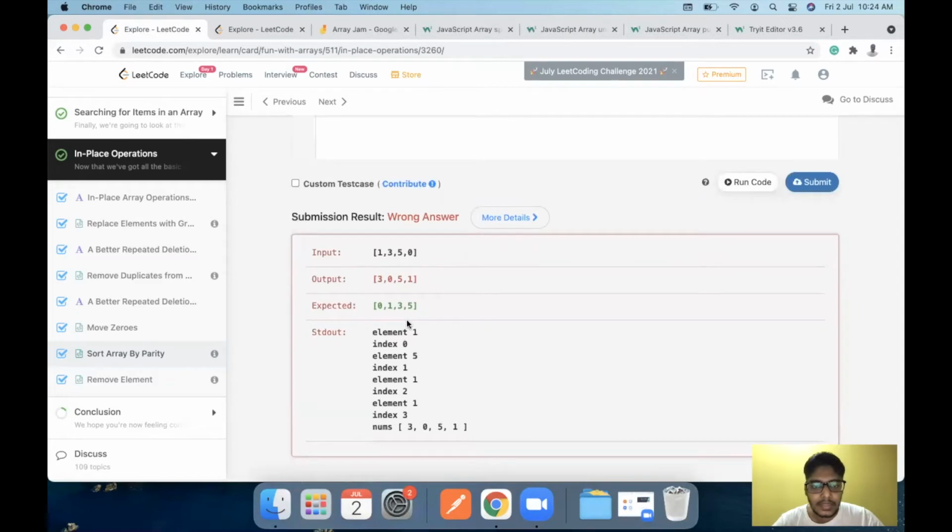So we have an error. Let's just check. So the 0 should be at the start of the array and not towards the first element. That is why it is giving me an error. Yeah, that's a valid thing. Like 0 should be at the start, since it does not come in our category. So let's try to see how to fix this.